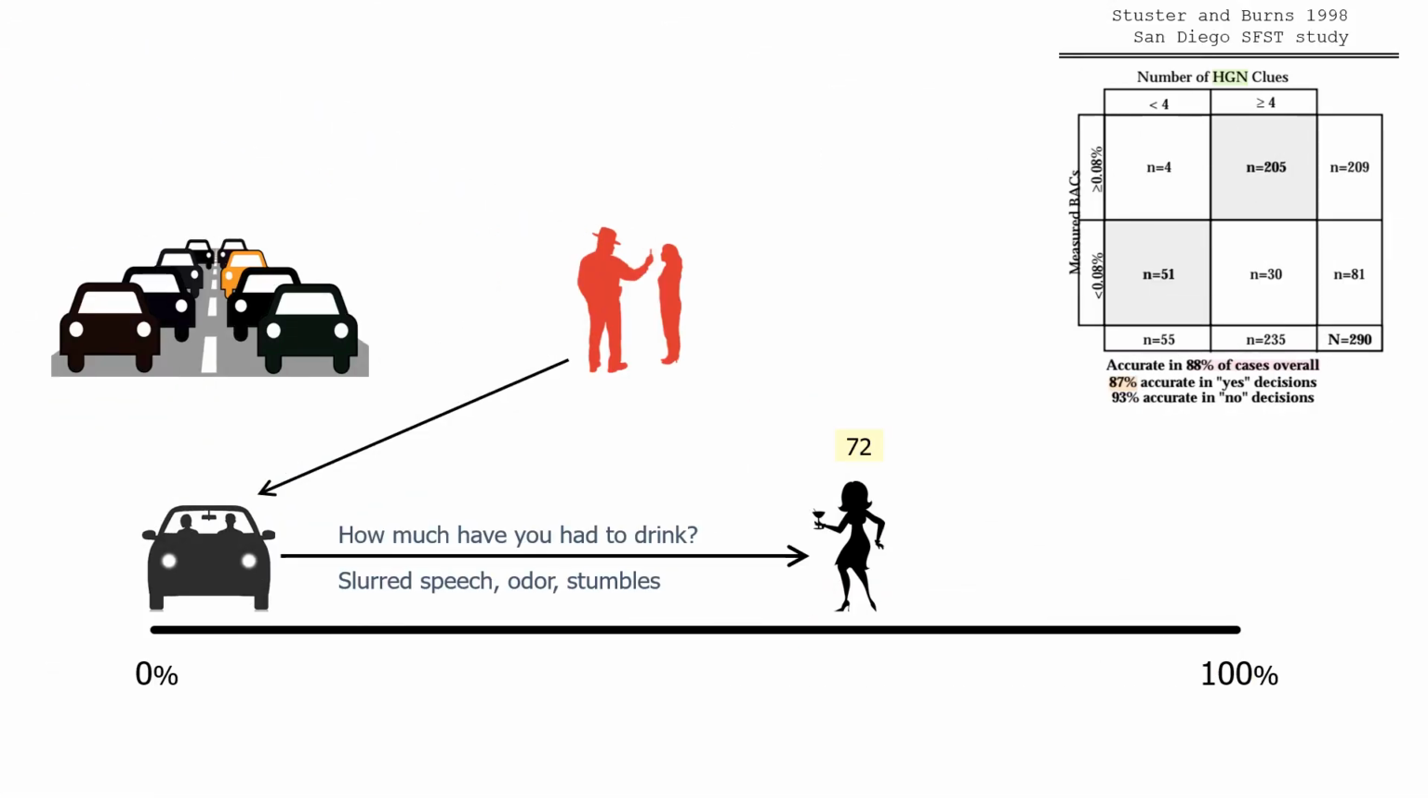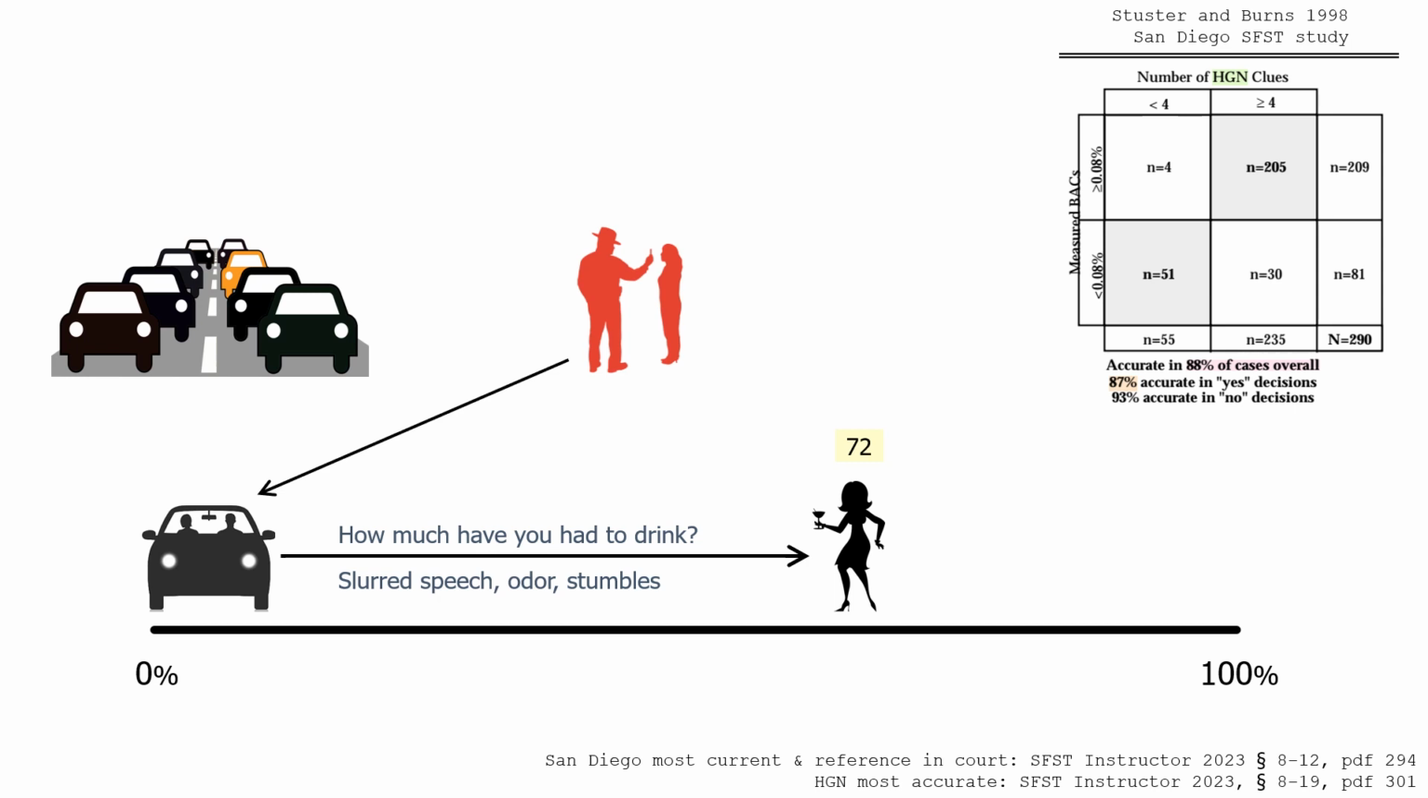Same diagram, this time another real validation study. Up in the corner are the HTN results of the San Diego SFST validation study. The 2023 SFST training manual identifies this as the latest study to describe SFST accuracy. It teaches officers to bring up this study in court whenever possible. HTN, officers are taught to testify, is the most accurate of all the standardized field